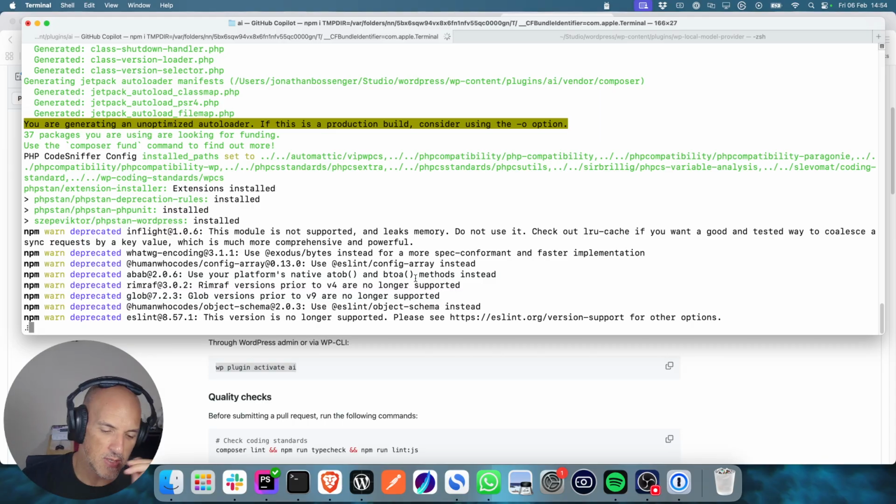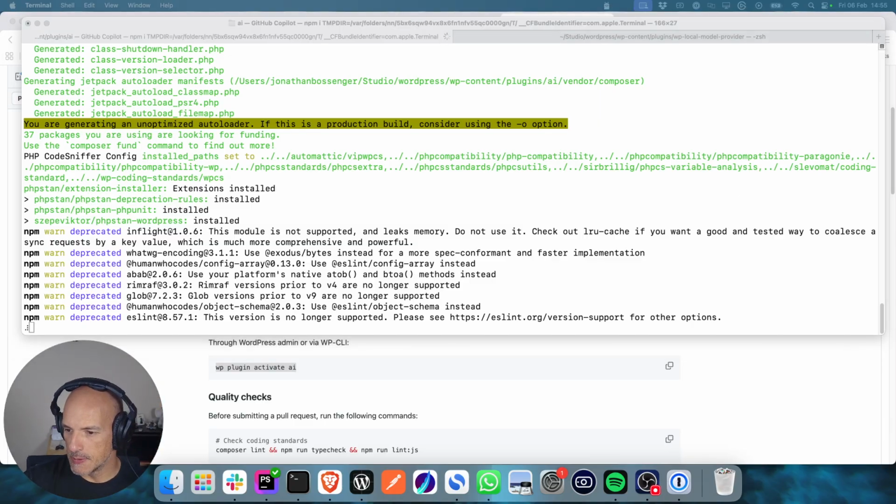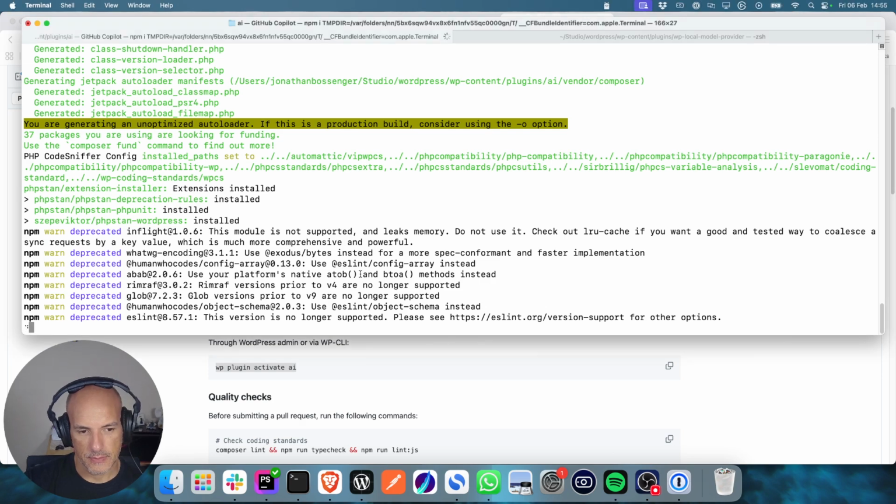Watching dependencies installed on live stream is so much fun. You know what I wish Node would do? I wish Node would create a game that plays when you're installing dependencies. Because it often takes